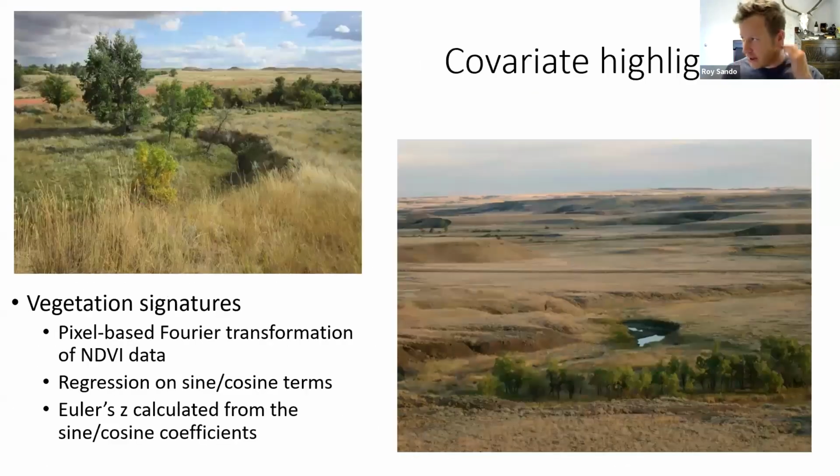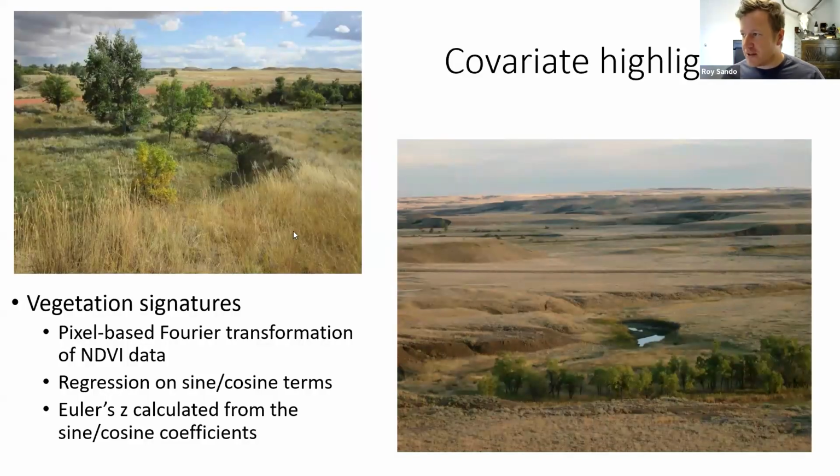But one covariate I would like to highlight is this: when you're out in these arid prairie lands, you can look out and see where the permanent water typically is, based on the type of vegetation on the landscape. It's really cool, because you'll see these brown swaths with really bright green, woody, permanent vegetation strips through them, which are usually indicative of either shallow groundwater or permanent surface water in the low flow season.